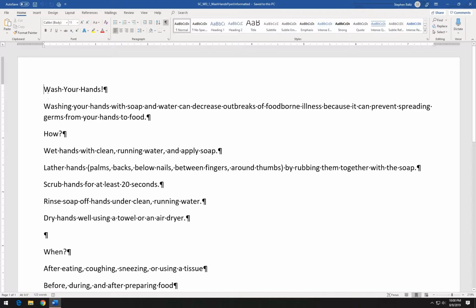You can see how it moved my insertion point to the very beginning of the first paragraph of my document. Then I'm going to click Design on the ribbon,